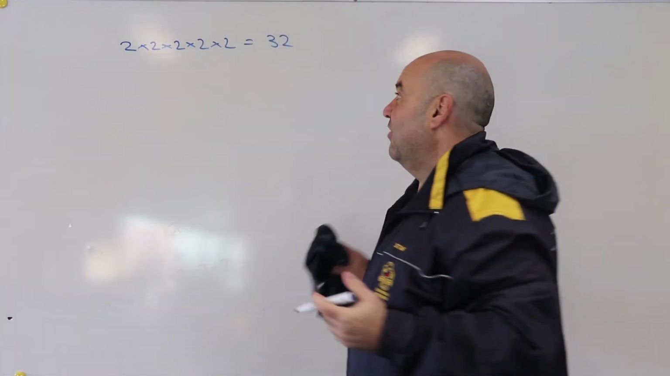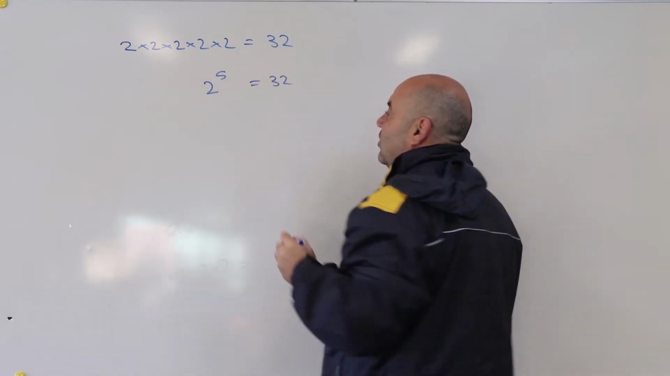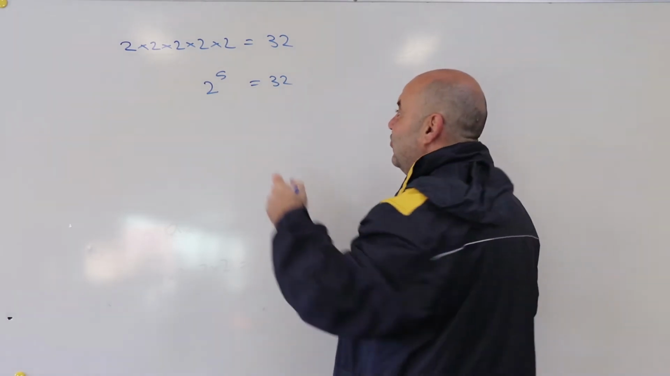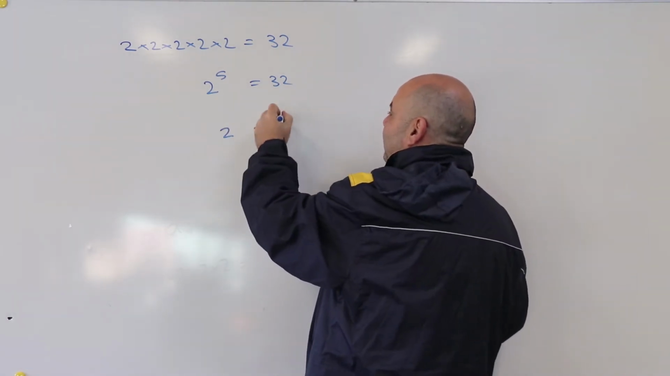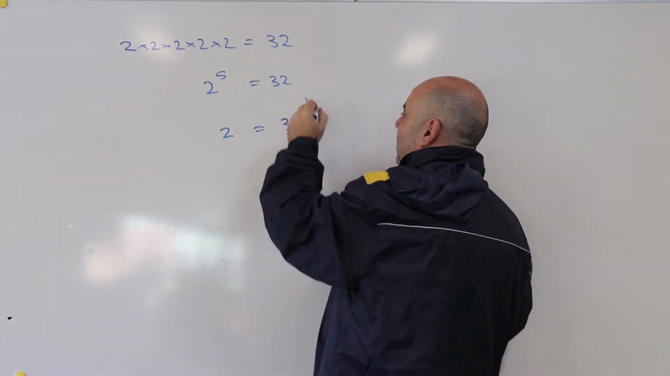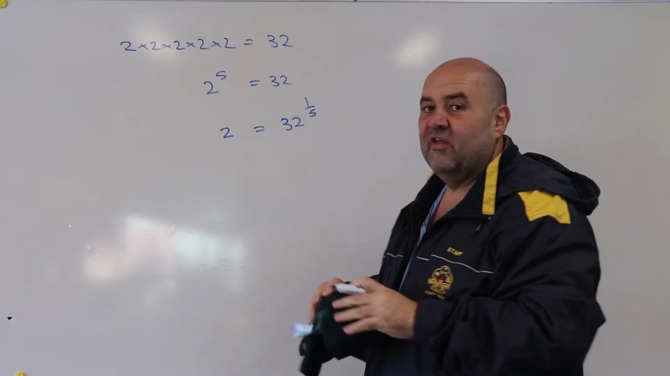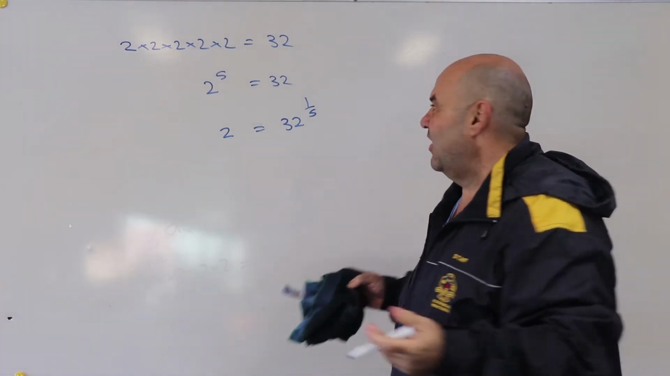Because 2 to the power of 5 is 32, then I say that 2 is the 5th root of 32, or 32 to the power of 1/5 equals 2. Well, why do I know that? Because